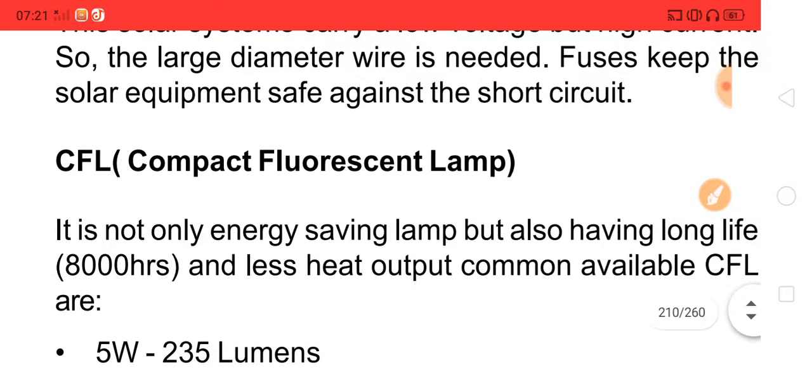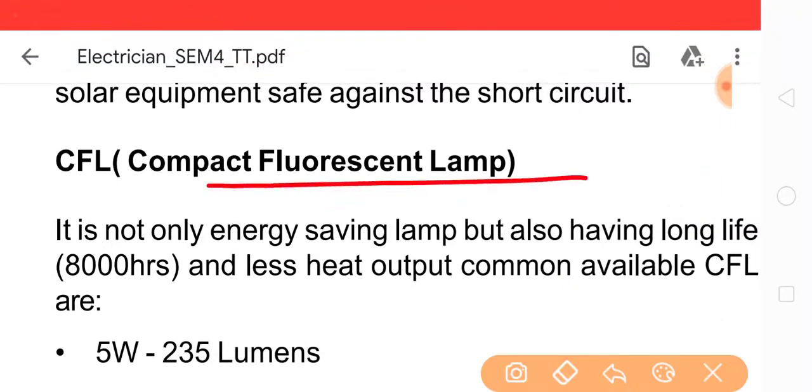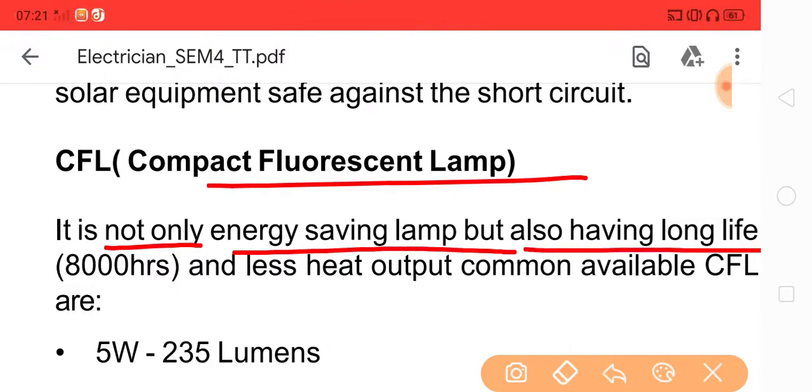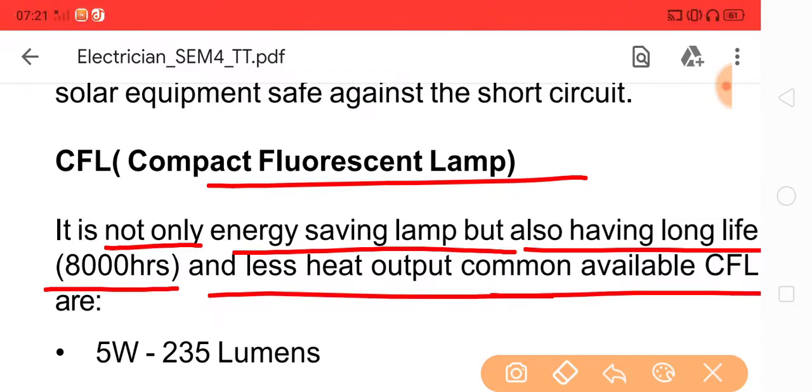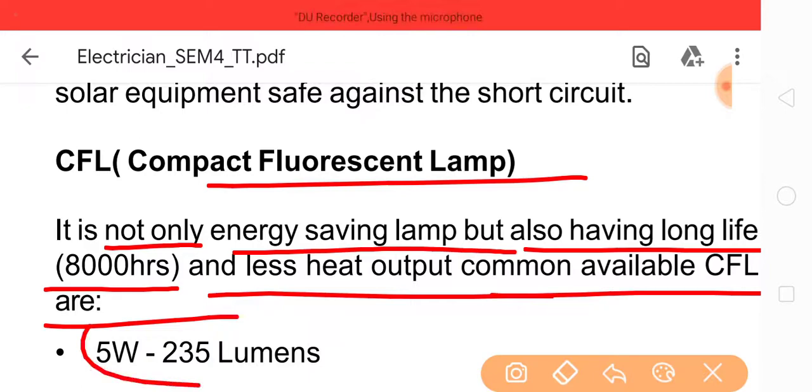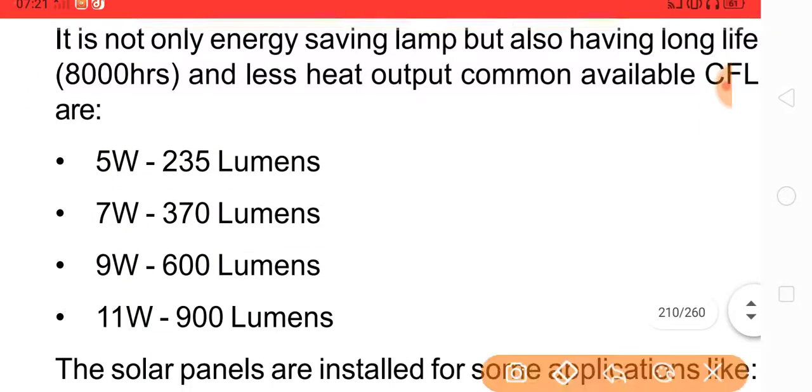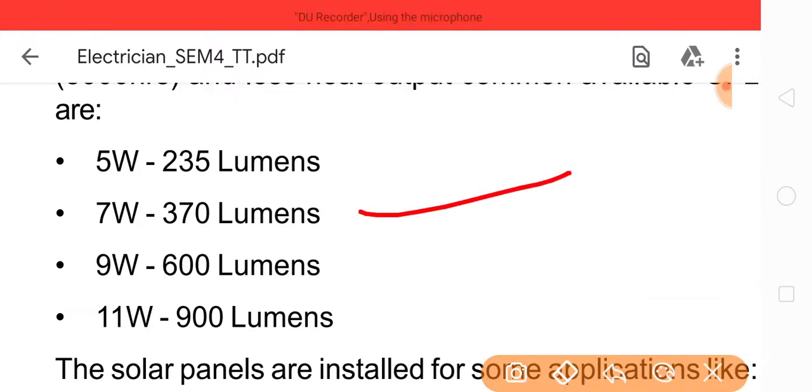CFL, that is, compact fluorescent lamp. It is not only an energy saving lamp but also has a long life of 8000 hours and less heat output. Commonly available CFLs are 5 watt 235 lumens, 7 watt 370 lumens, 9 watt 600 lumens, 11 watt 900